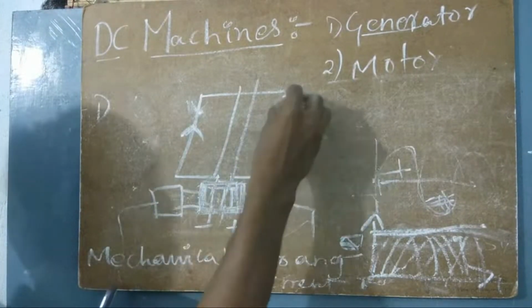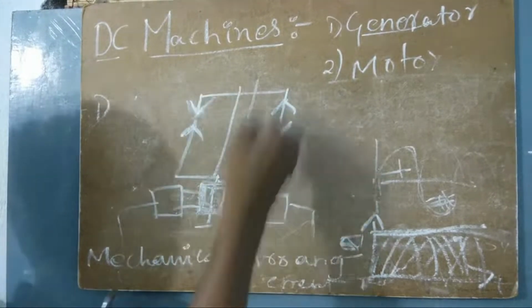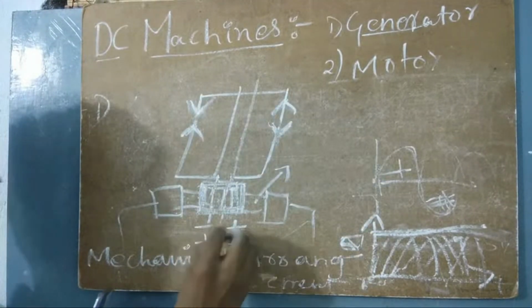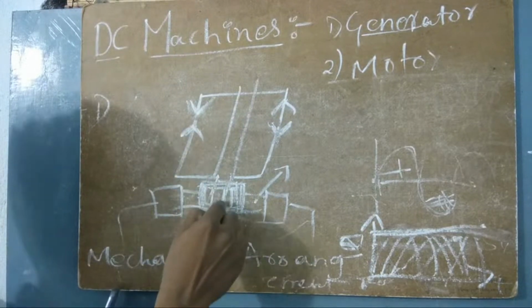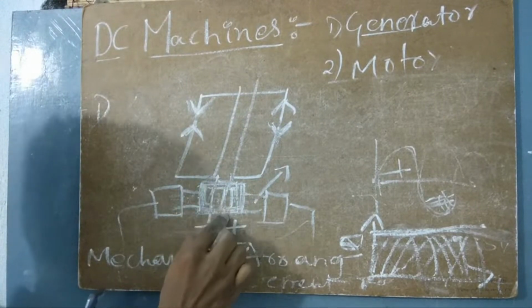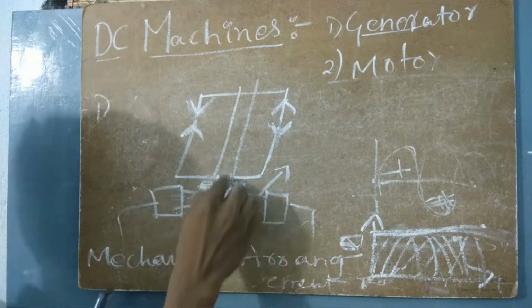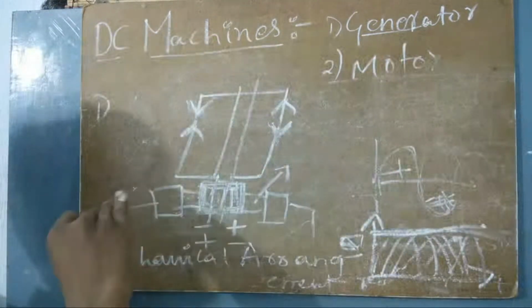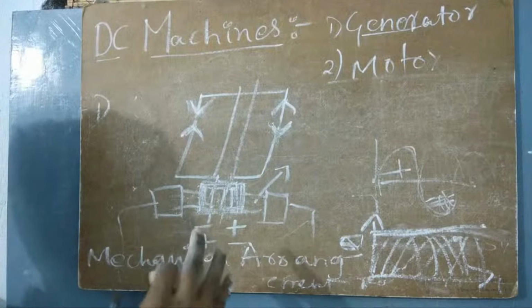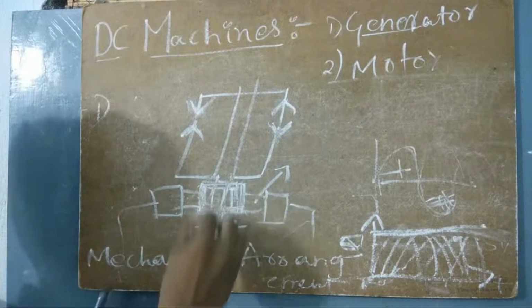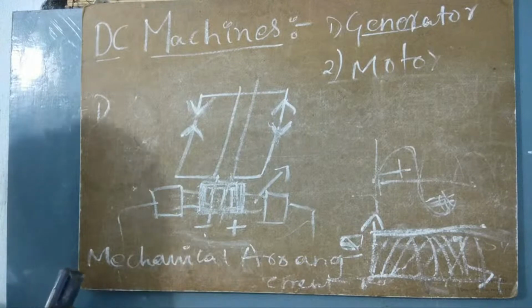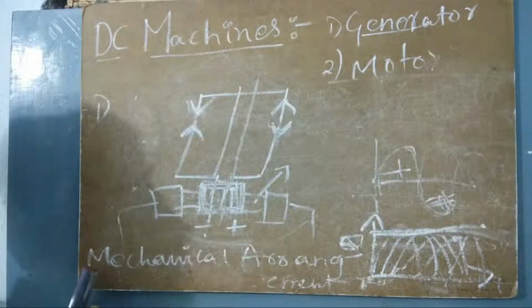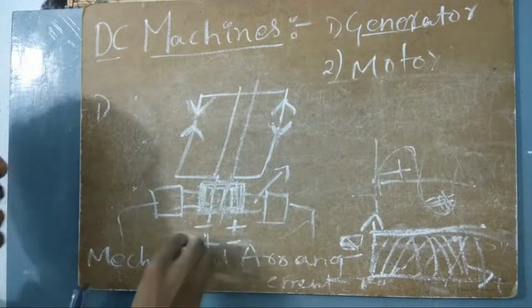So what happens automatically? The direction changes. So when the direction changes, the signs also will change. What happens automatically? Try to understand this. This commutator will not touch the terminals. That means the insulating material will be kept during the touch, no? So it won't touch the terminals, and it won't receive this energy. It will only receive this positive and negative energy, and it won't receive this negative and positive.